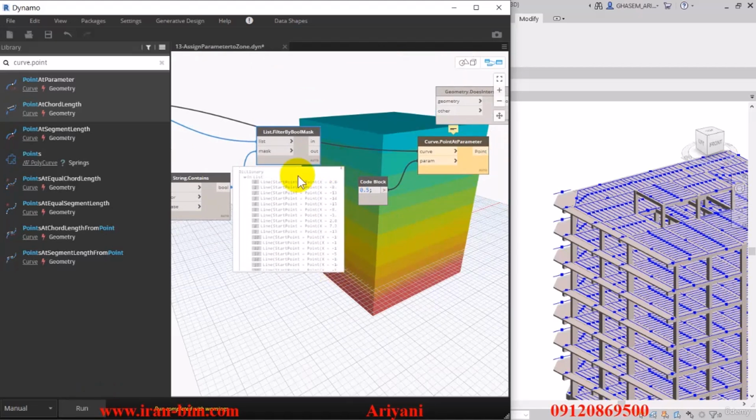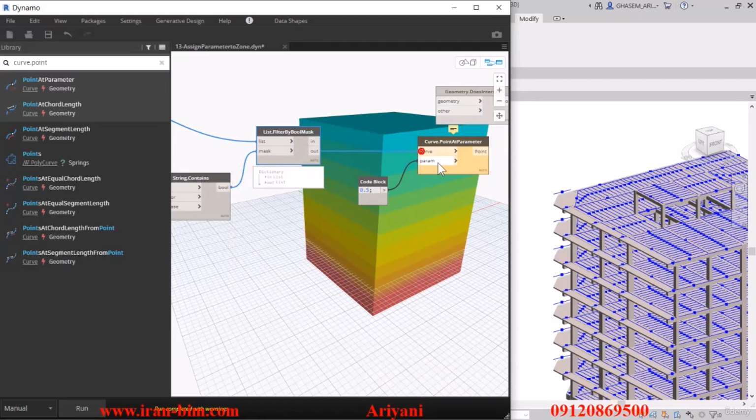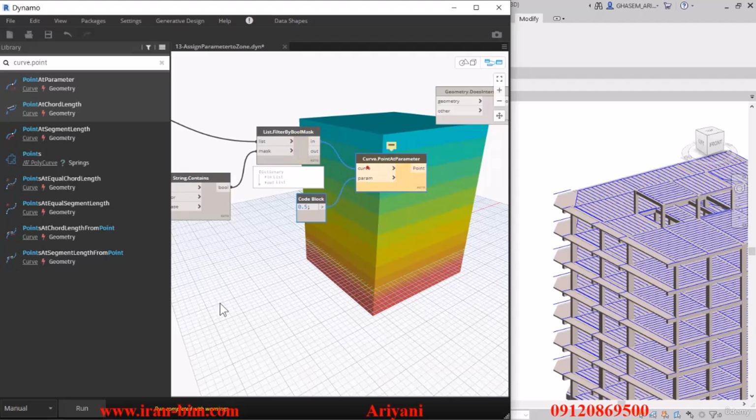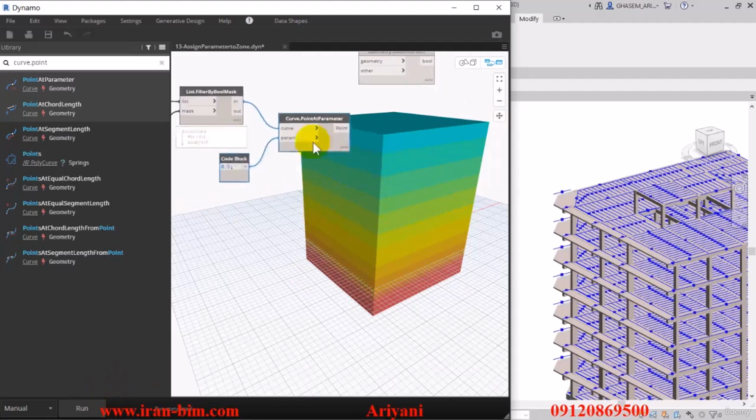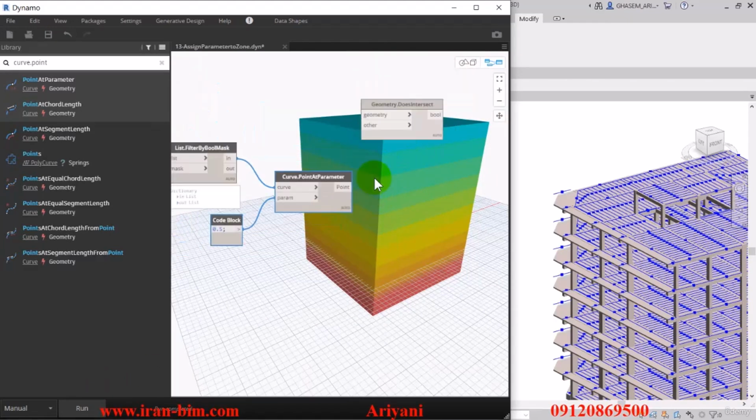Alright, this is the list for the filter by bool mask, and we can see the results. We get points from the list. So I'll connect the out to the curve here, select these and bring them over here and press run. Then I'll connect line to here. Now it's much better. So I'll continue the rest